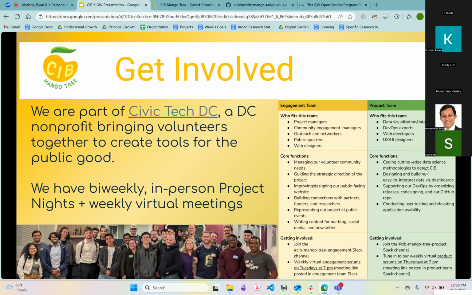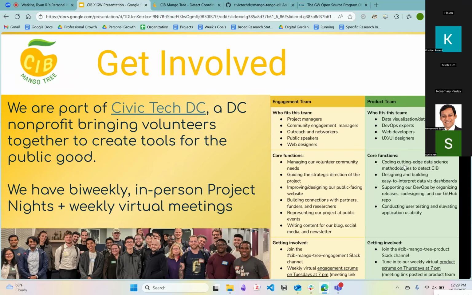We also listed a few duties that we are looking for a volunteer to join. For example, for the engagement team, we want people that have some marketing skills. They can write some blogs, write social media posts, or they are good at developing new contacts, new researchers that would like to work with us. And for product, we've been talking a lot about new methodology, new tests, or how to detect some bugs that can help our tool run more smoothly.